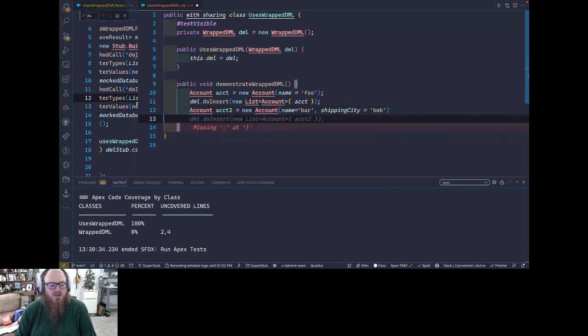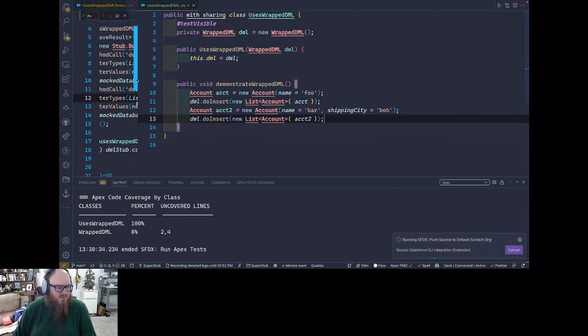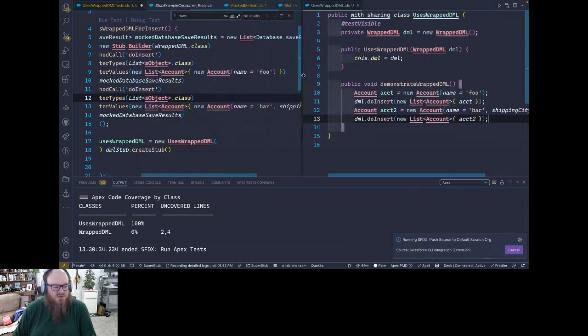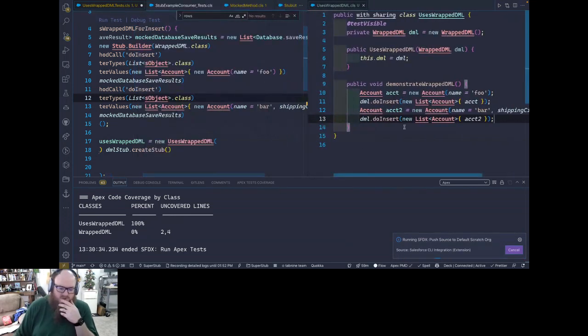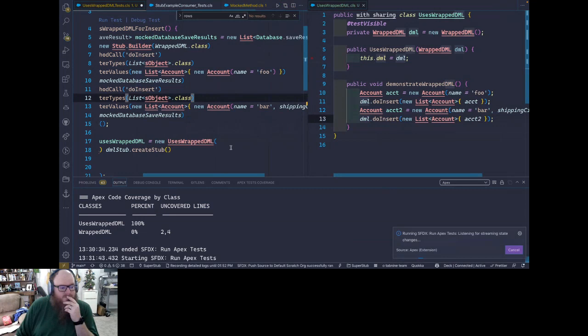That, and I were to make another call, dml.toInsert, like that. When I save this, that definition is still going to be used because we're using the same DML that's been overruled, or it's been stubbed. So if we run this,